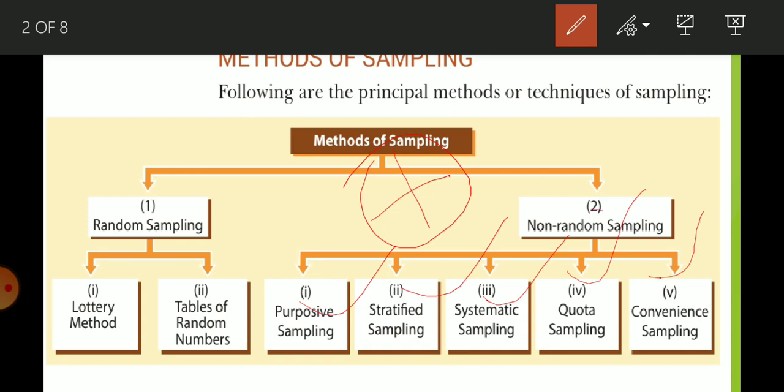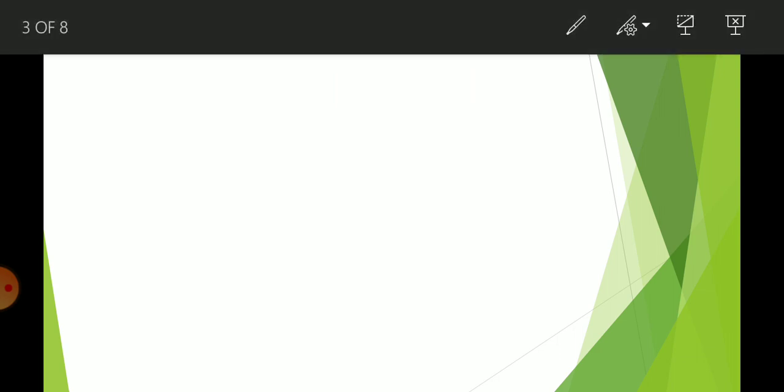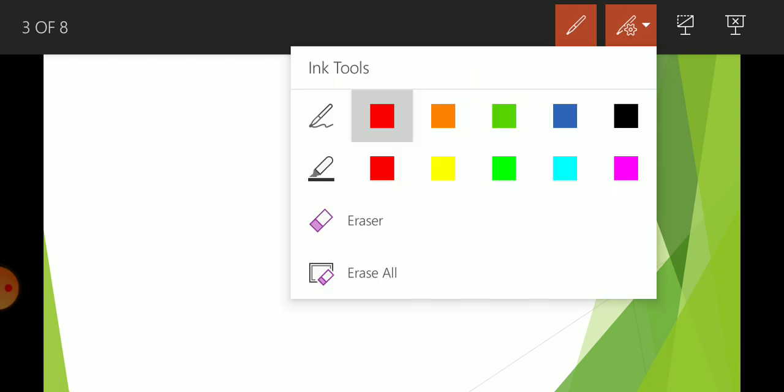Today we are just going to discuss random sampling, within that the lottery method and table method. First of all I'm going to explain random sampling in my own way.